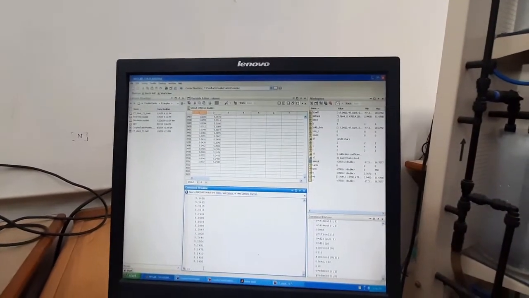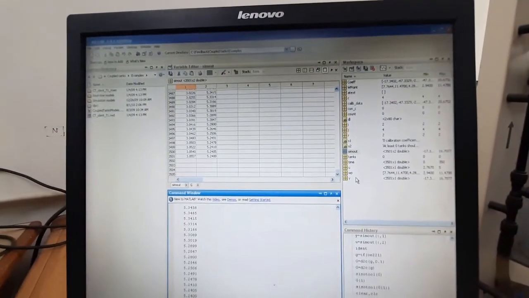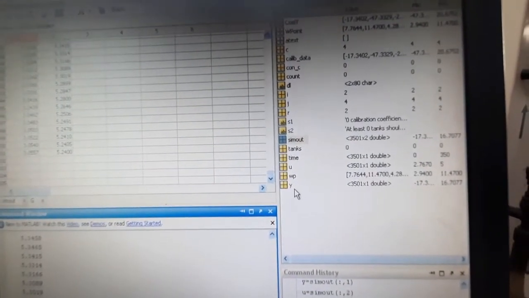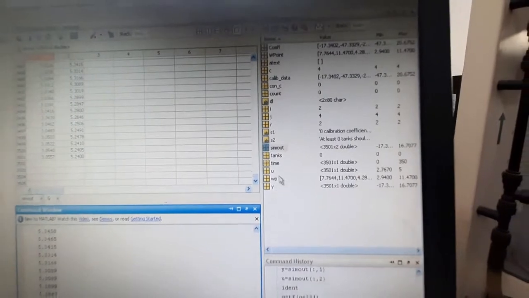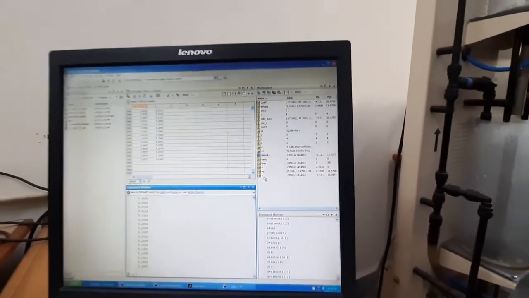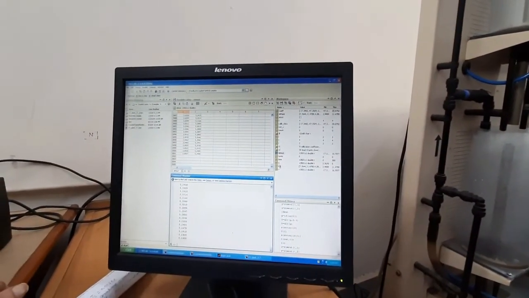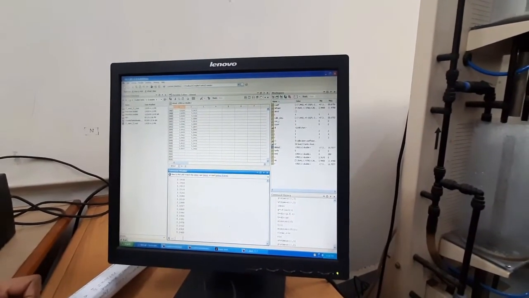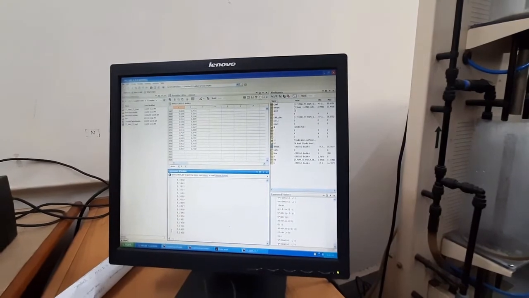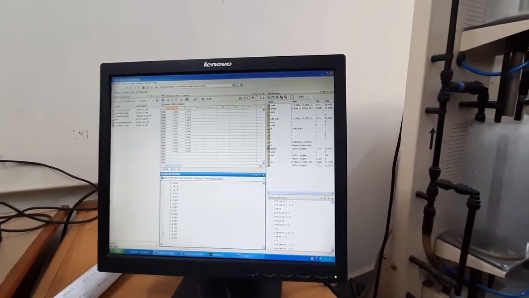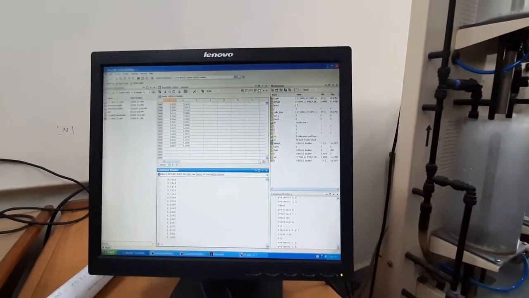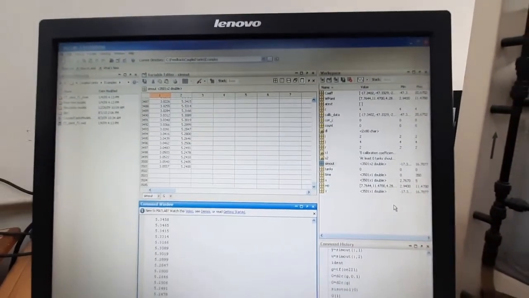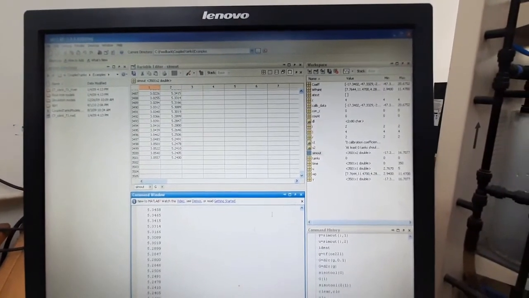So once we have that U and Y in our workspace, that means we know what are the control inputs for our desired level of these tanks, that means our output, that is our desired state. So we will use this information, U and Y, in our system identification toolbox. That means we want to estimate a model using this real-time data, because this U and Y are coming from this real-time experiment that we have done for 350 seconds running those tanks.